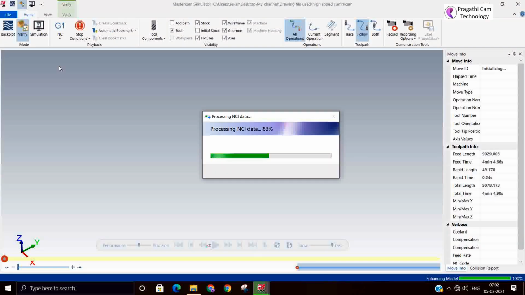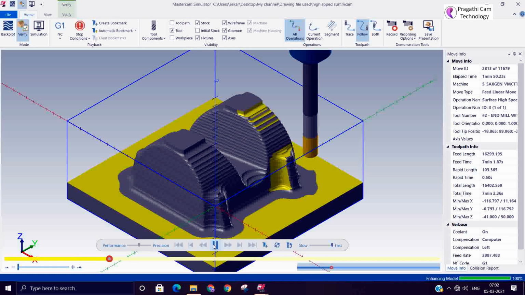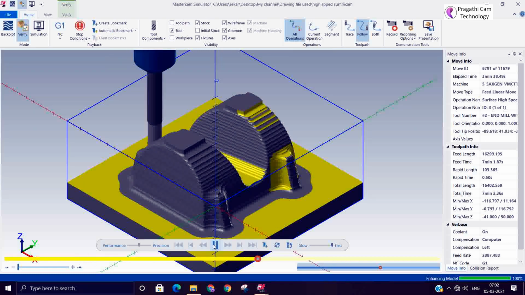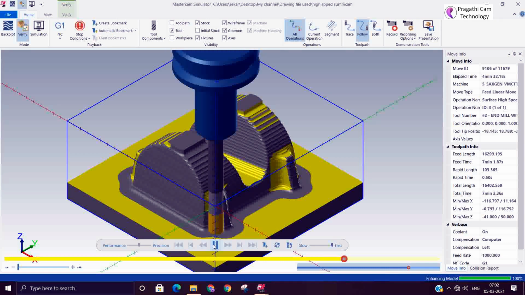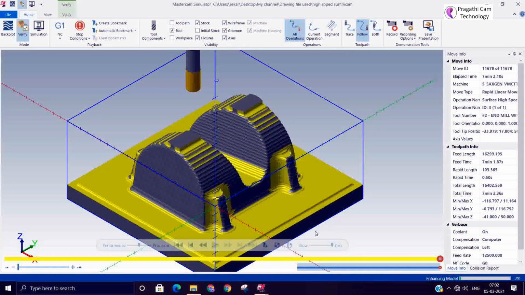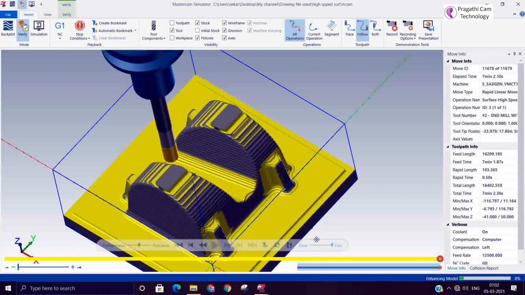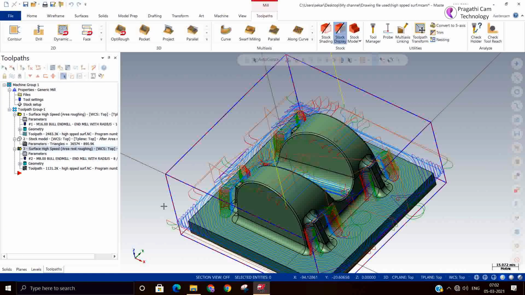The rest machining we can see here. This is the rest machining in the area roughing.